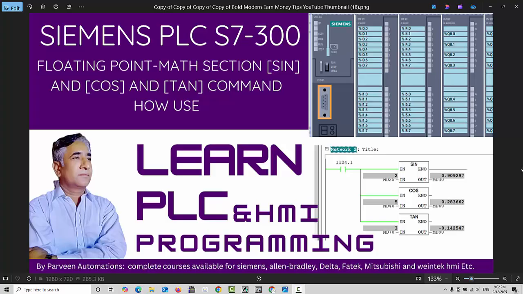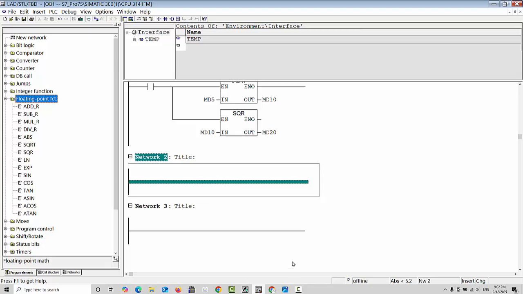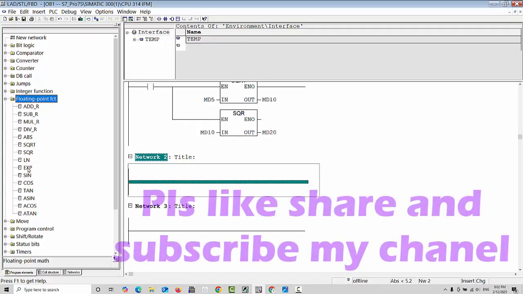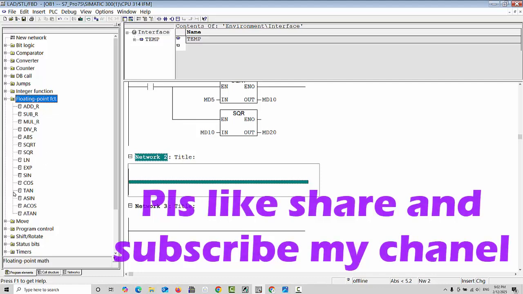In this video, I will explain how we can use the sine, cos and tan theta commands in the Siemens PLC S7-300 floating point math section. Let's go to our topic. I will open my SIMATIC Manager software, and in previous videos I already explained about the ln and exp commands, and now we will use the sine, cos and tan commands in